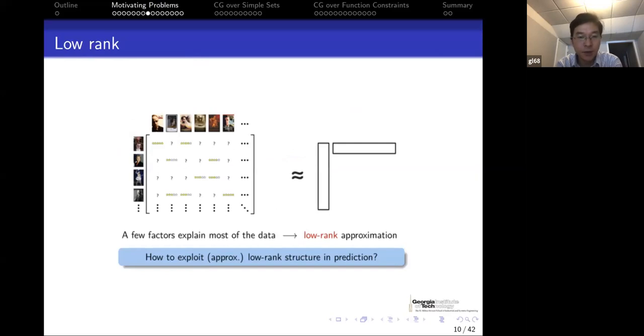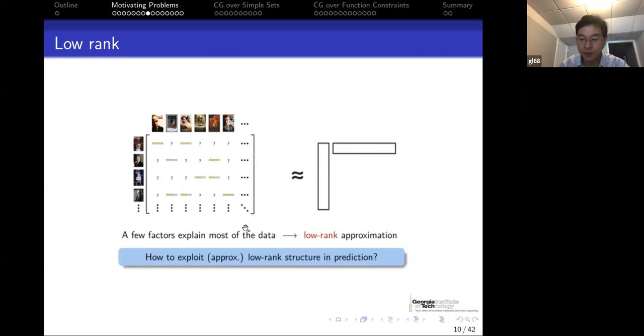So as we know, we can always express the variance of the data by a low rank matrix. A small number of factors can explain most of the variability of the data. Basically, I'm saying that this matrix can be represented as the product of low rank matrices. In this way, hopefully, if we can find this low rank matrix, we can recover or predict the